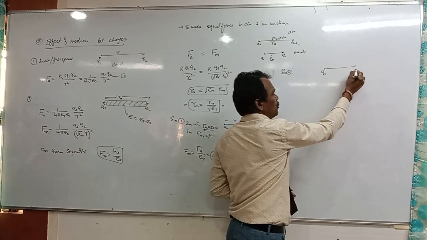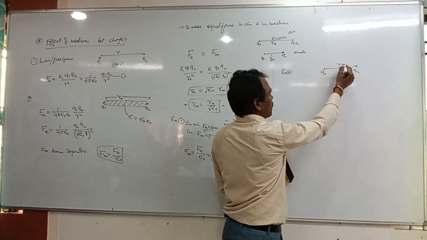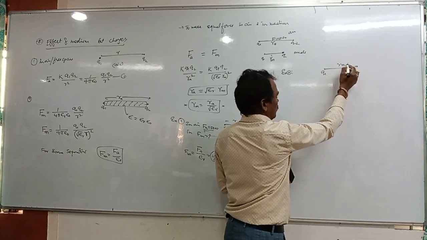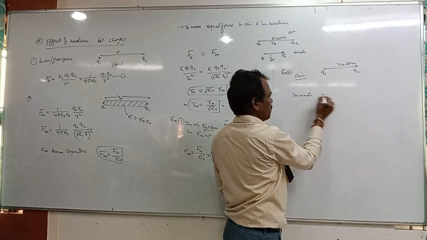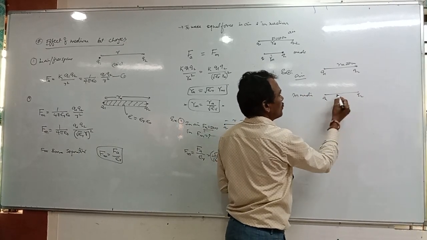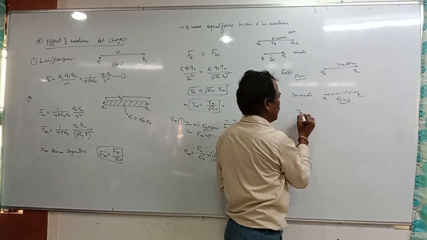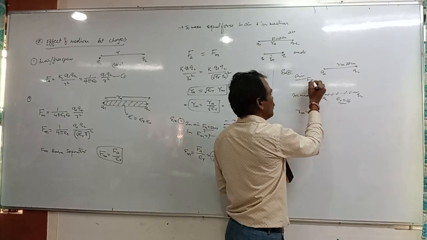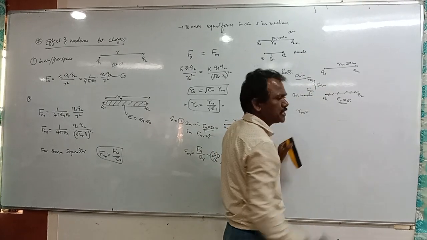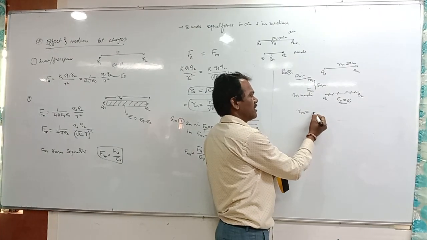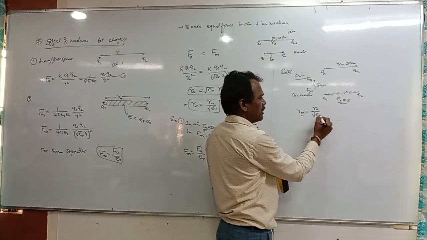Okay. For the same problem, Q1 Q2 given, r distance is equal to 20 centimeters in air. In a medium of that same Q1, Q2 of epsilon r is 16, isn't it? What is the r in the medium to make the force in the medium and air both the same? How much is it? 5. So that is r in the medium is equal to r in the air divided by root epsilon r.